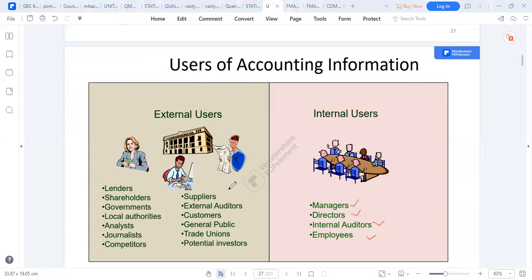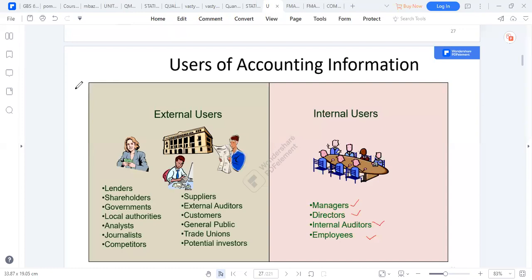Now, for each of these, I want you to actualize them. Kindly tell me what use financial accounting information is to them. All right, so Irene, you can start with the internal users. Why are these ones particularly interested in accounting information? Why should they have some basic financial accounting information? Then we also go to external users. Someone will pick any of them and tell us why and how they are interested parties in financial accounting information, or what benefit it is, in that order.